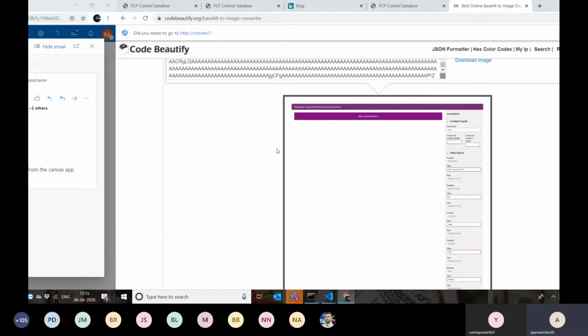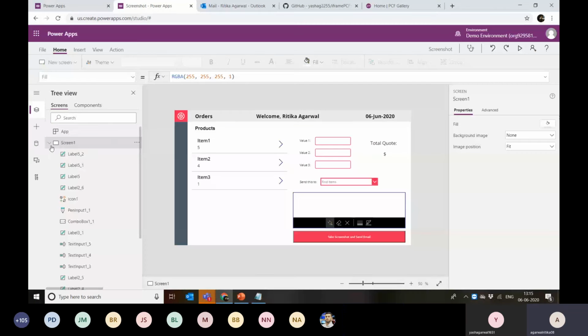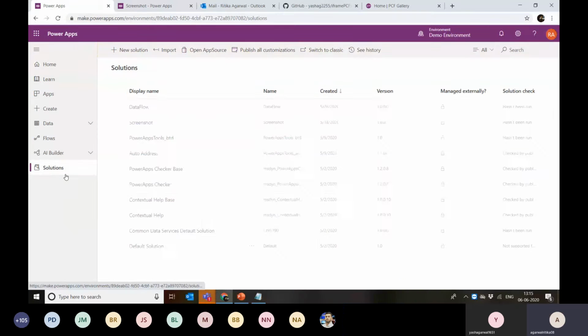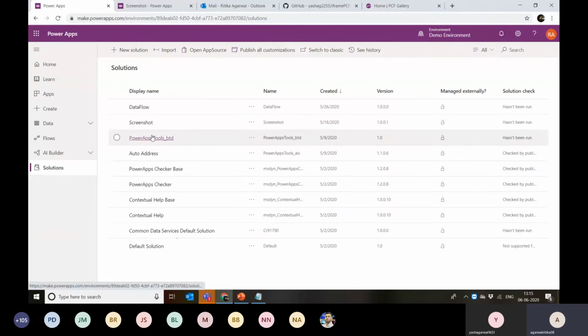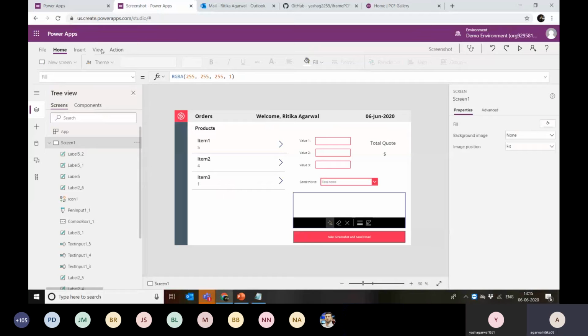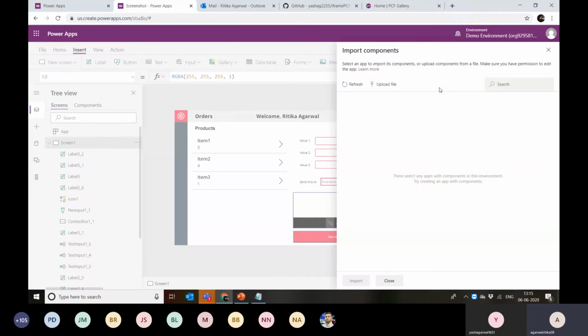The same is happening for the app here. I have added this component as part of my solution that is pushed through the CMD, and I have this screenshot component which I added on my screen here. If I go to Home, I can insert it, and then I can select import components.